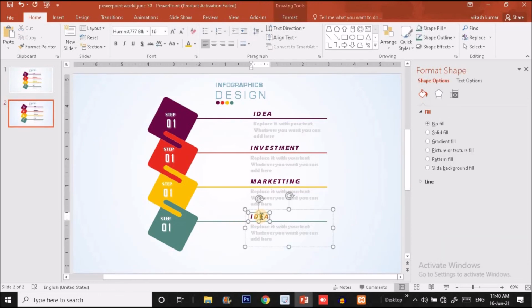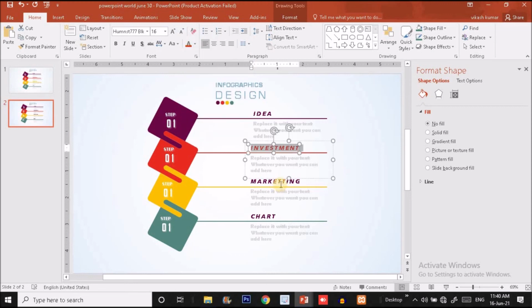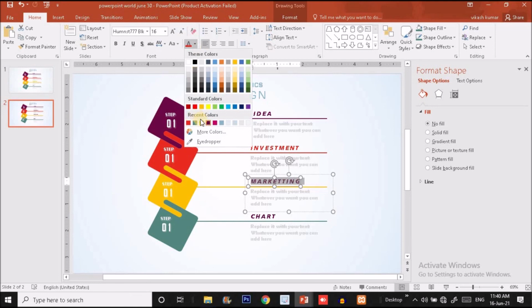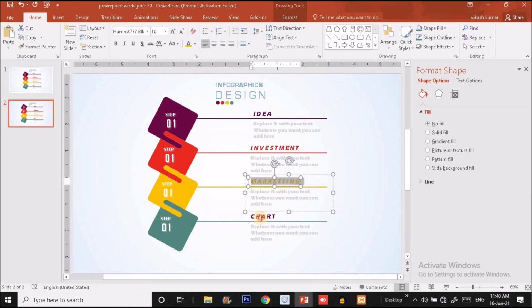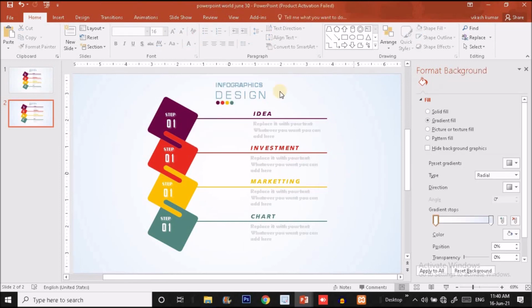And fourth one is chart. Now change the color. I'm going to select it and I will choose the red color for this, the same color as the shape. I'm going to select it. Orange color for this. And for the chart I'm going to select this color for this. Okay.